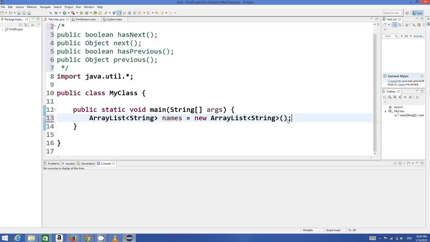Okay, so now we can add to this array list some names dot add